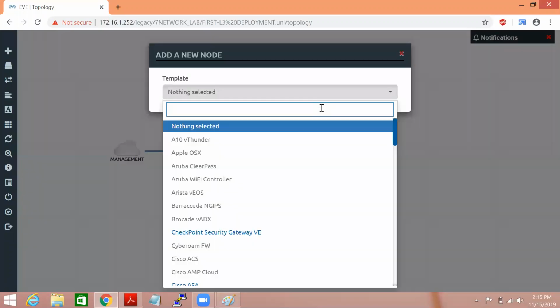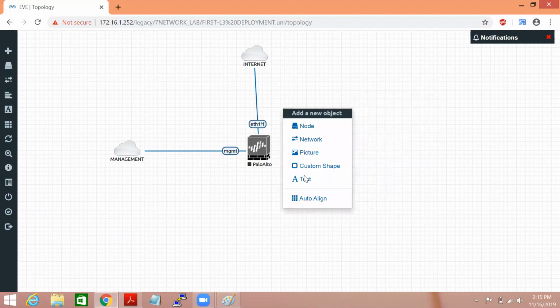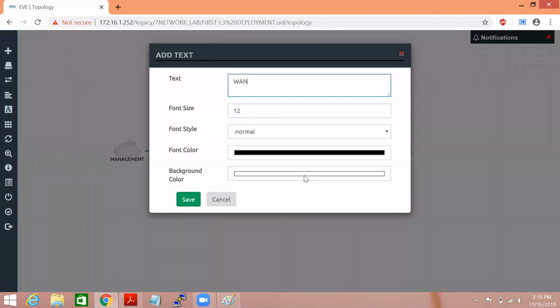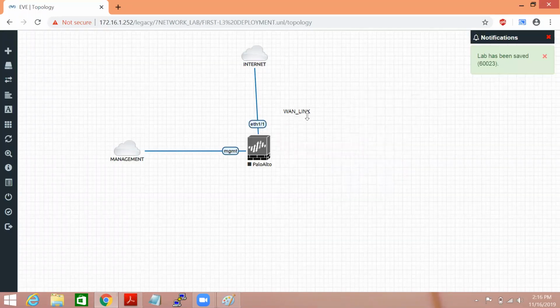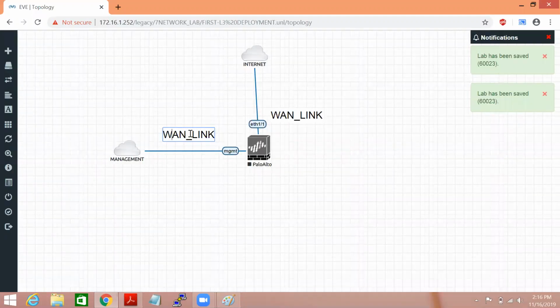So let's say I want to use the LAN segment or my trust network, I want to add with this Palo Alto. So this link will become my WAN link. This is my management link.